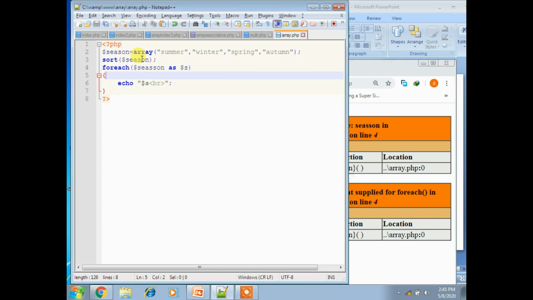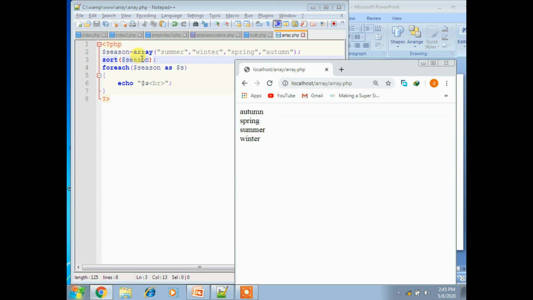In line 4, foreach $season as $yes. So here I am using season, array of summer, winter, spring, autumn, fine, then sort of season, that is also fine. And now foreach $season, and now yes, it's working.